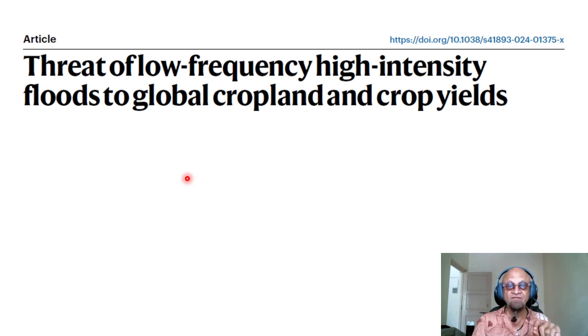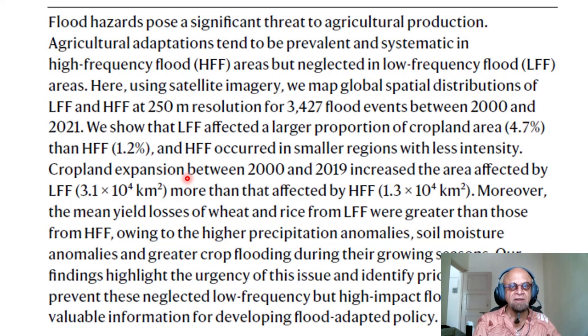So, as opposed to flash floods, which are high intensity floods that grow very rapidly, that come upon you very fast, what is a low frequency, high intensity flood? So, we'll look at this here. Floods